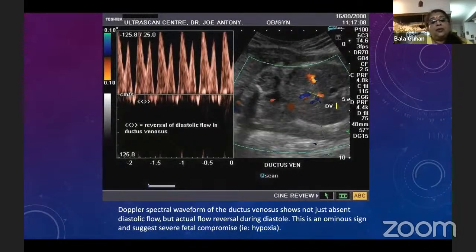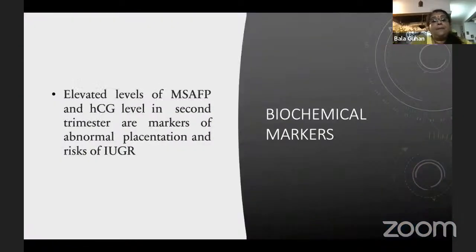This is the Doppler spectral waveform of ductus venosus, which shows not just absent diastolic flow, but actual reversal during diastole, which is also an ominous sign. Elevated levels of maternal serum alpha fetoprotein and high HCG level in the second trimester are markers of abnormal placentation and risk for